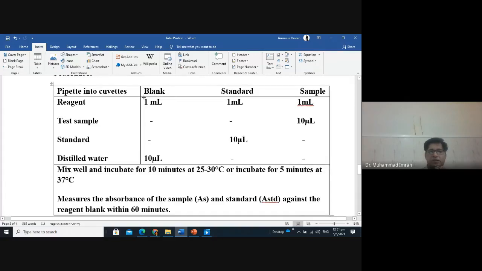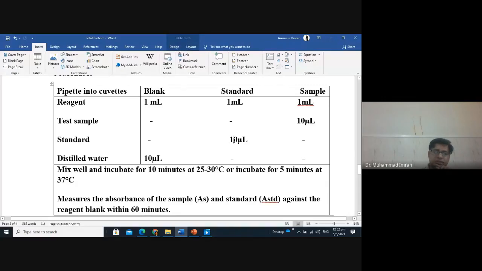You have to take 3 test tubes. One is labeled as blank, another as standard, and another as sample. You add 1 ml of biuret reagent in all the tubes. In the sample tube, you add 10 microliter of serum or plasma. In the standard, you add 10 microliter of